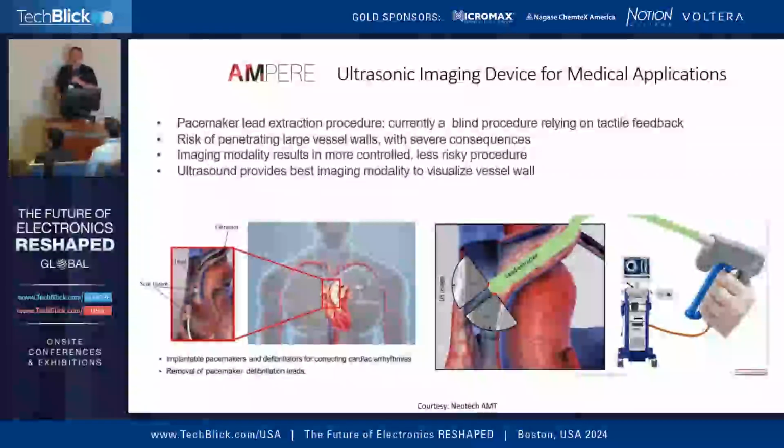This is part of a European project, a consortium called Ampere. Basically, the goal here is to develop a new type of pacemaker extraction tool. I didn't realize that when pacemaker electrodes need to be replaced, they get embedded within all the tissue around the heart area and such. So removing them today is a risky job. You don't want to get a pacemaker removed. You don't have